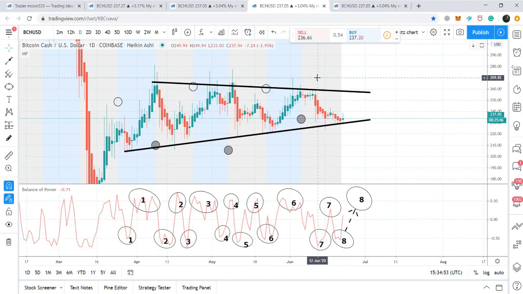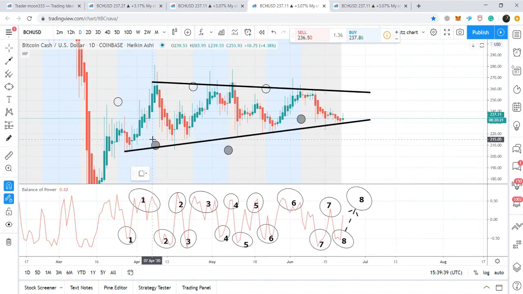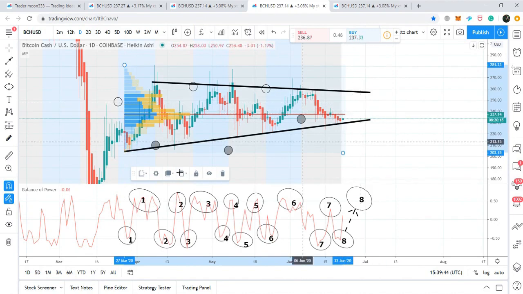And now if I place the volume profile on the complete price action moving within this wedge, I'm just selecting the complete price action moving within this wedge from this level up to this candlestick. And this is a really very important indicator to see where the traders are interested to trade at what level. For example, if we watch this area from the downside, then the traders are interested up to this level, that is almost $227. And from the upside, if we watch, the traders' interest is almost at